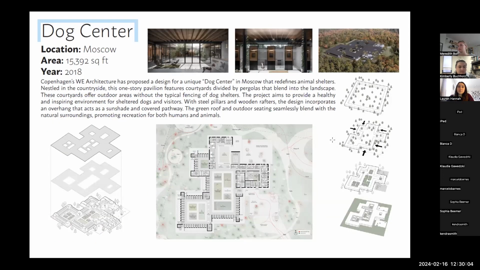And then this one is called the Dog Center in Moscow. This one was never actually built, it's just a schematic design, but I really liked it because it has a lot of natural lighting. It's outdoors in the woods, so it's a very natural environment for the dog. They can get a lot of exercise, natural air. And I also like that dogs can become very overwhelmed when they're staring at each other. If you've ever been in a shelter, usually the dogs are on each side and just stare at each other through the fence. That can actually cause anxiety in some dogs. So I really liked how this one separated the dogs so they weren't just staring at each other.